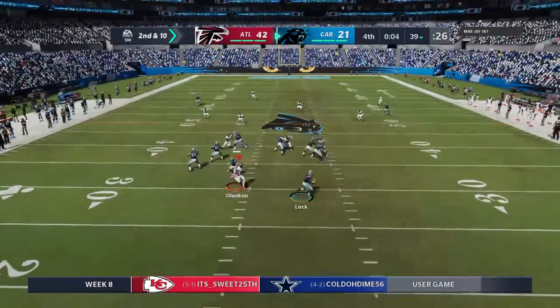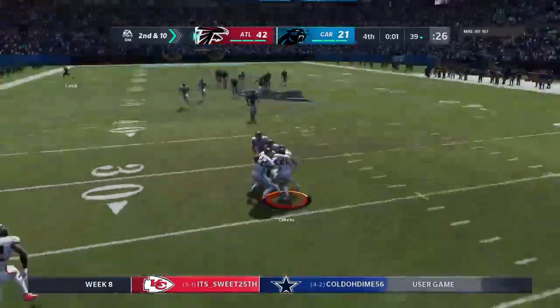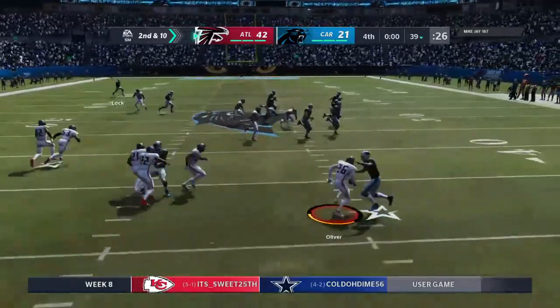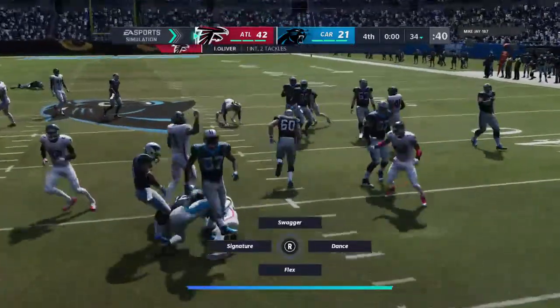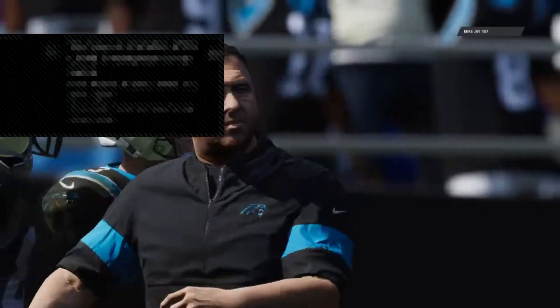On play action, Locke. Now a desperation throw deep downfield. And now here is another interception. Isaiah Oliver with the INT. Today's final score. Charles, it's one thing to win. It's another thing to win and put up the amount of points. Number of points, continually feeling like they're moving the